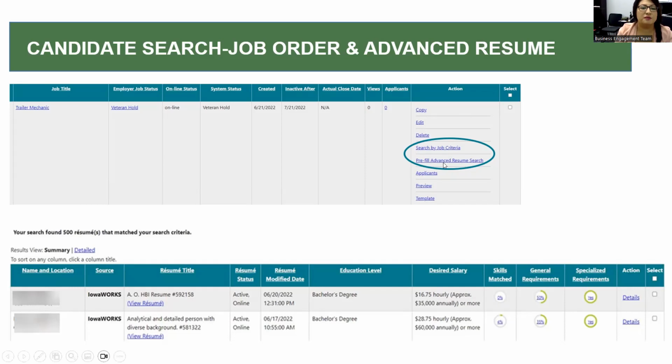You can also search by advanced resume as well. And the way those two searches look is you'll get a listing of the different candidates. You can view it by summary or detail. Right now it's summary mode, where you can see just a quick summary of all of those resumes. But if you go to detail mode, you'll be able to see more information, like their resumes and a little bit more about their account.